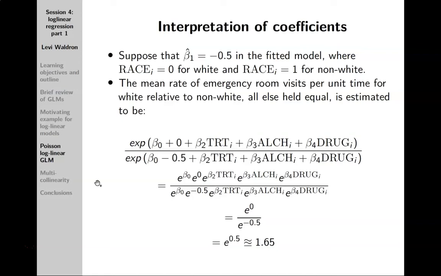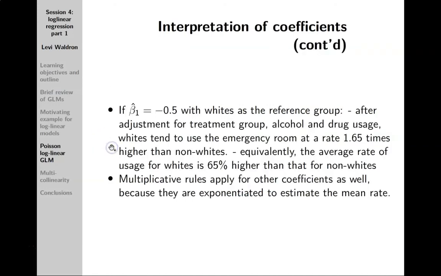How do we interpret the coefficients here? Well, let's take one of the coefficients, beta 1 hat, and say that it came out to minus 0.5, and this is the coefficient for race where the reference value is white and the comparison category is non-white, then plugging this back into our